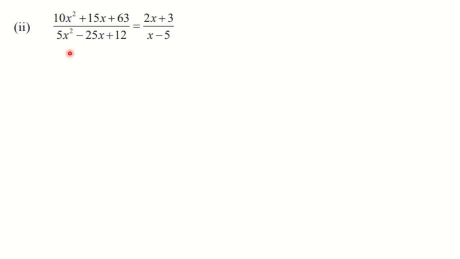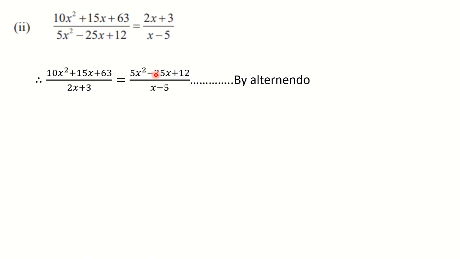So what you have to do is, first shift this term here. You will have to exchange these 2 terms. We have to alter these 2 terms. So our very first step is alternando. If we use alternando, we can alter these 2 particular terms. See, I have altered that. This particular denominator I have shifted to the numerator of the second ratio here, and this 2x plus 3 shifted here. Now can you see this is the same as question number 1?